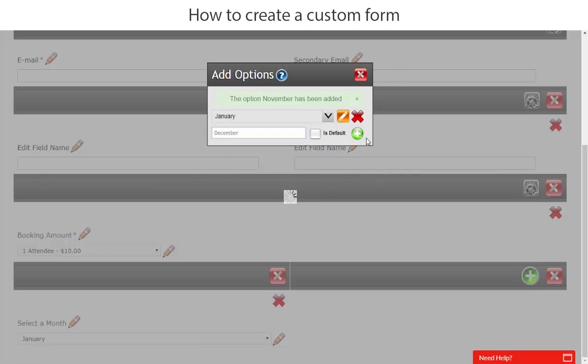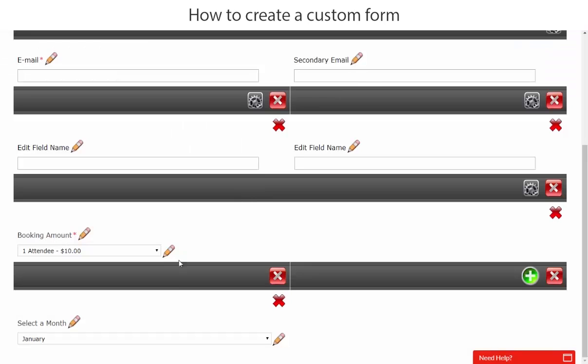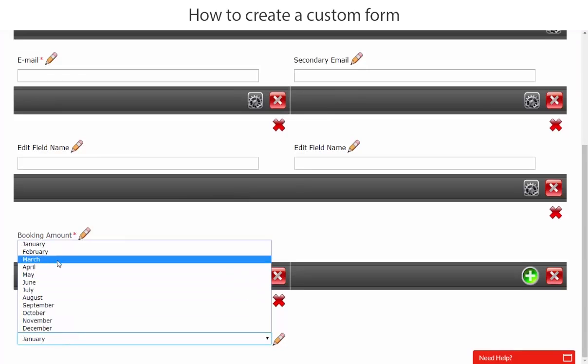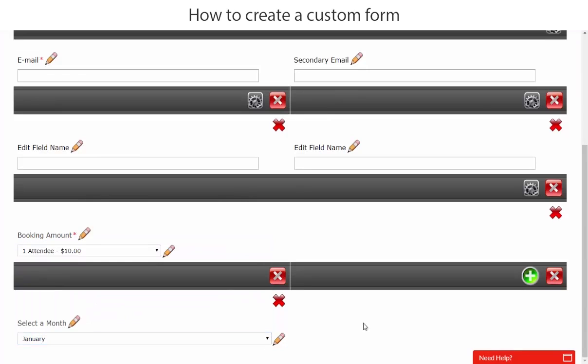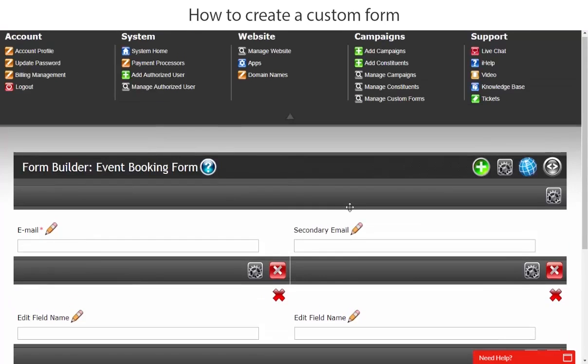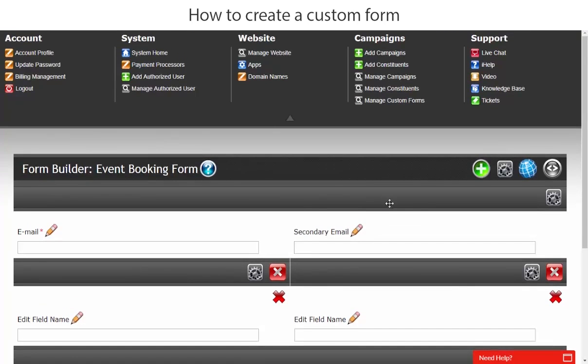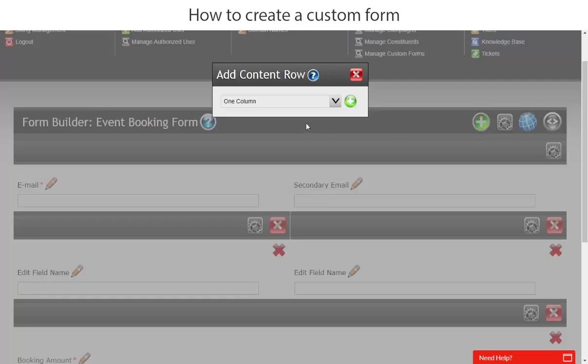Okay, so we've added all of the months in, and we'll close this down, and as you can see, we now have all of the months all stacked up in the drop down. So now let's add another row, and this time we're just going to put the address information. Let's add a row, and we'll just stick with 1 column,